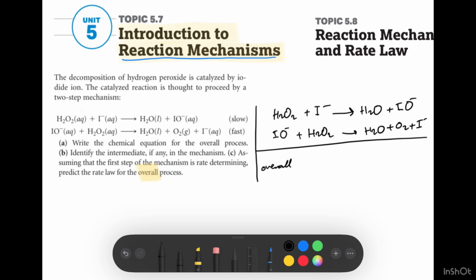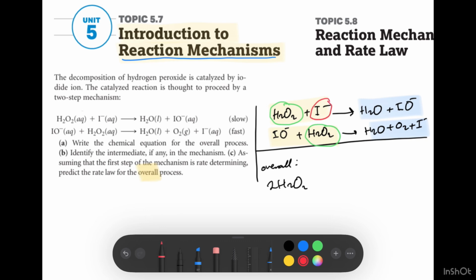How can I write the overall equation for this reaction? First of all, you have to keep in mind that we have a reactant side and a product side. So we add the product side with the product side, and the reactant side with the reactant side. First of all, you can notice that you have hydrogen peroxide on the reactant side, but we have two of them, and that's why you have to represent it in terms of 2H2O2. That's really good. And then we notice something again, in which we have I negative in the reactant